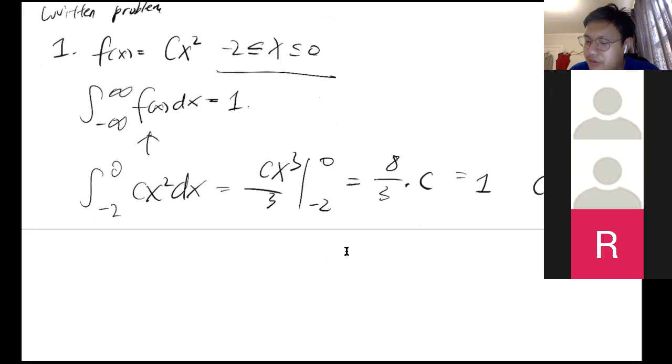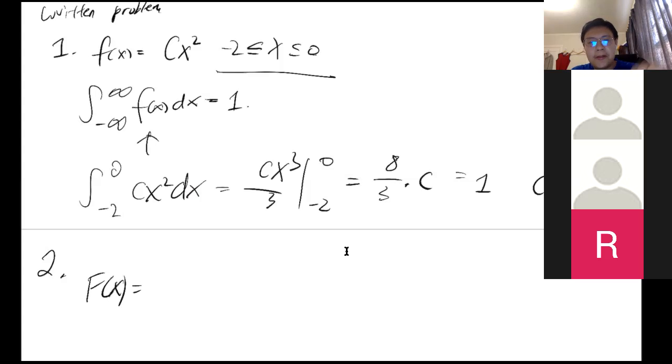That's the answer for problem 1. And for problem 2, we want to find the CDF of f from above. So CDF is defined to be F(x) equal to